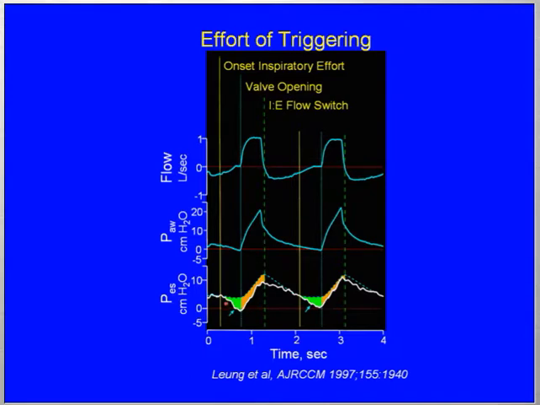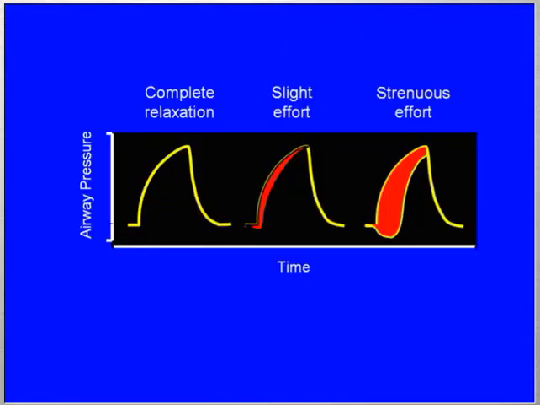So here you can see that there is an increased amount of inspiratory effort before the triggering occurs, the triggering being denoted as the start of inspiratory flow. Plus, there is also continued increase in inspiratory effort after the fact. During the bulk of inspiration, this could become even more manifest if the amount of assist or support given by the ventilator, meaning the level of pressure assist for pressure support ventilation, or the inspiratory flow in assist control ventilation, were mismatched to the patient effort. With increasing effort, you can see that this flow